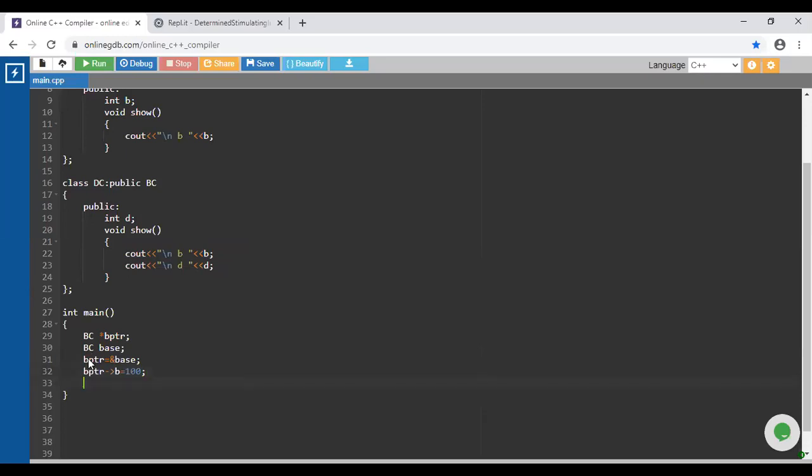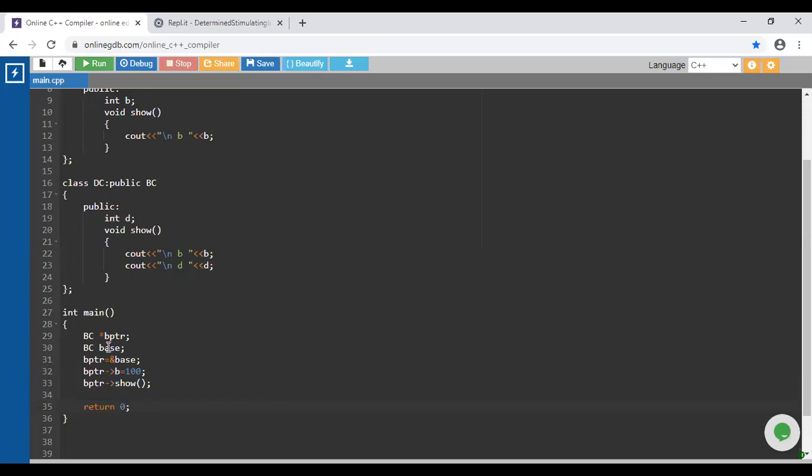Next, with the base pointer, we call that show method. Meanwhile, I will show this output.